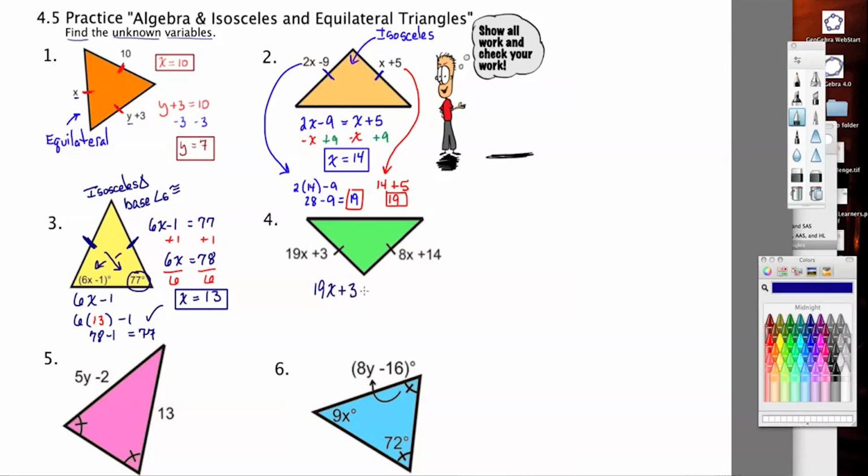Green triangle number 4, also isosceles. Set the two expressions equal. Get your like terms together. And don't forget to write the problem down correctly. So we're going to get 1 for x. And if we substitute that into our equation,